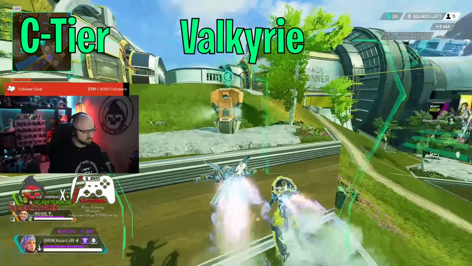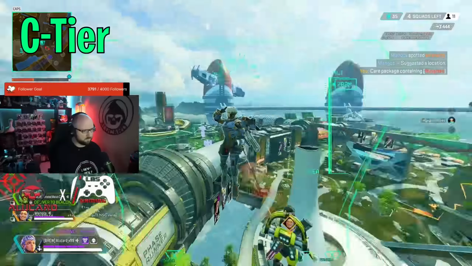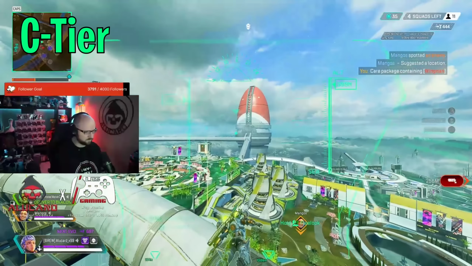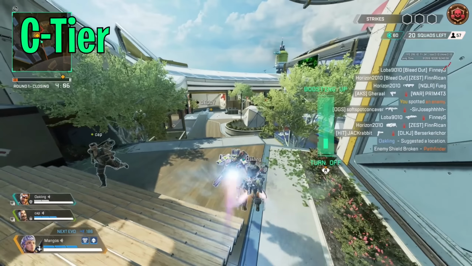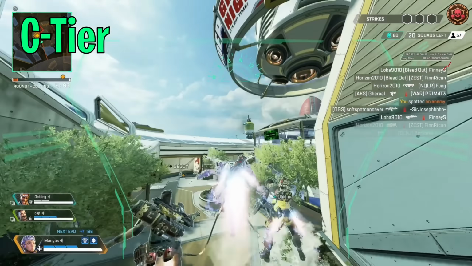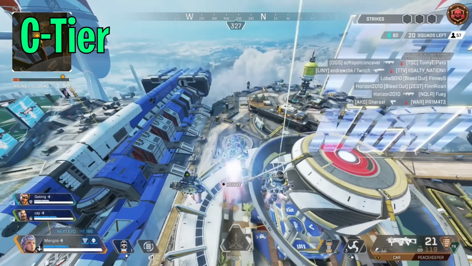Now, I touched on this in my previous video, but this ability is not nearly as good as it once was, okay? With the addition of evac towers, it's made using Valkyrie's ultimate not as good. The best part about using a Valk ult is the fact that her passive allows for that scan, so you can see where enemies are that you may not be able to see when you're not using Valk and just